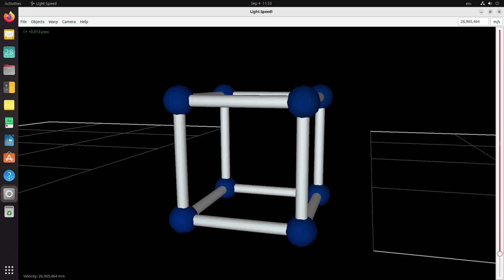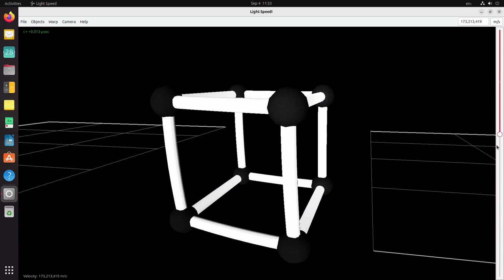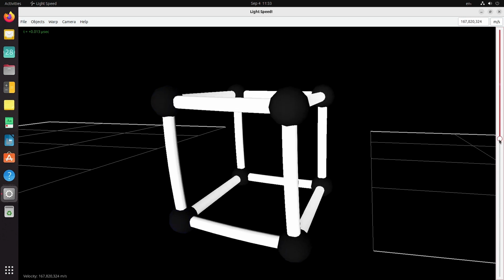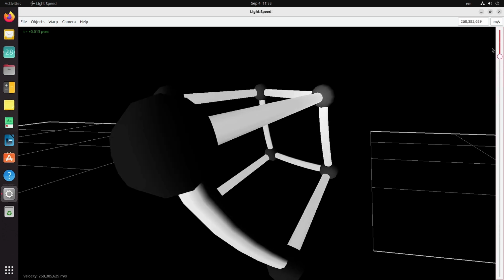So when the light travels through this molecule or object, you can see the color changes because our perspective or our viewpoint is changing. We said the object is moving, so our viewpoint is changing. So that's why the color of the object also changes. You can see it here,